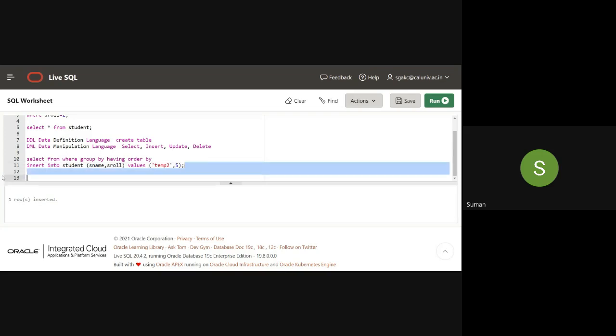Now if I run this, it will not give me any problem, because I am mentioning that when you are reading the values, temp 2 actually belongs to S name, and 5 actually belongs to S role.